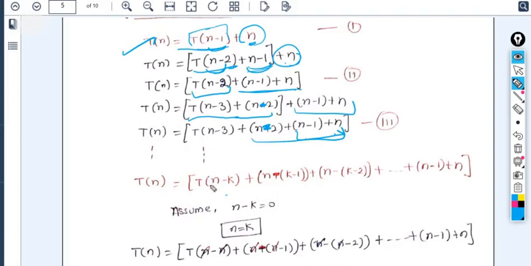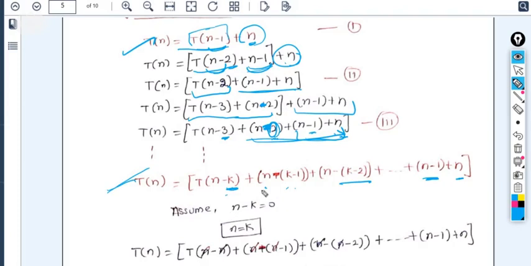Okay. So up to kth time, if you write the same thing, what will it be? T of n. You are replacing the values here up to k times. So 1, 2, 3, 4 up to k. So what you are getting over here, if you are taking here k, then k minus 1, then k minus 2, k minus 3 and so on. So I'm just writing it in the generalized form, n minus k minus 1, n minus k minus 2 up to n minus 1 and nth time is there. So I'm just doing the decrement over here and writing it into the generalized form.